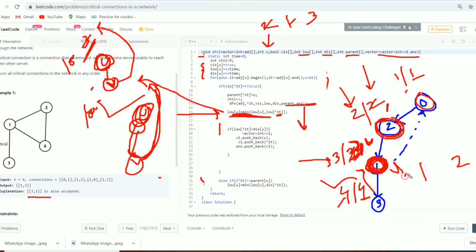The low time of this vertex is 3 because it remains the same, because this vertex v has no connection to its ancestor. If it has no connection to its ancestor, then on removing this vertex u, we get two separate components of the graph. So this vertex u is an articulation point. So I will use the formula. The formula is: if the low time of v is greater than the discovery time of u,